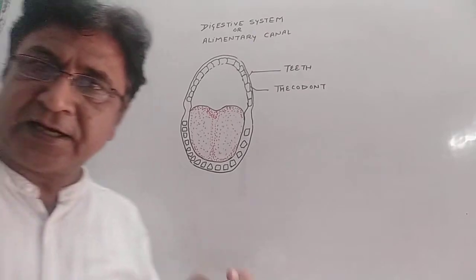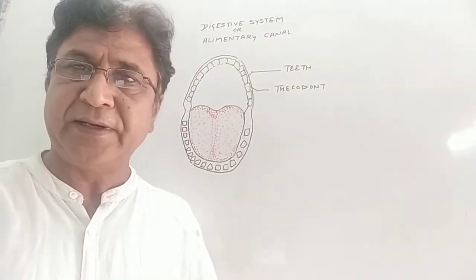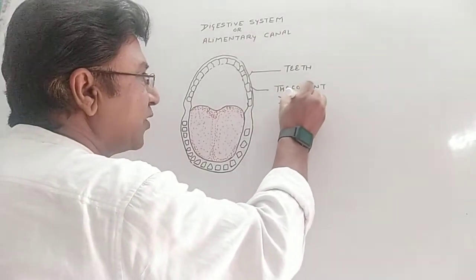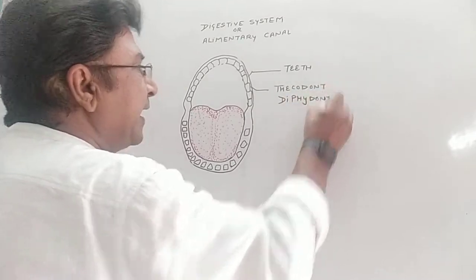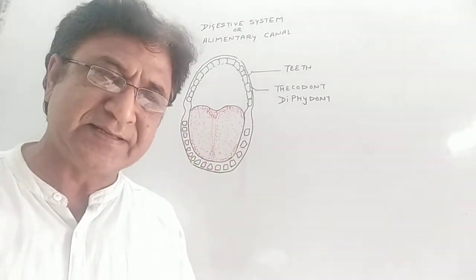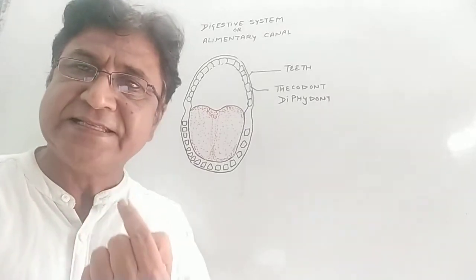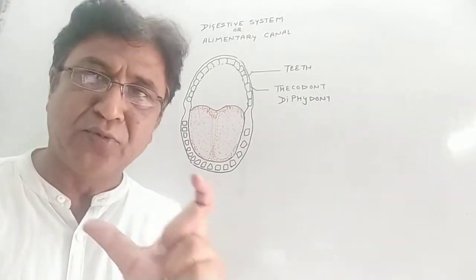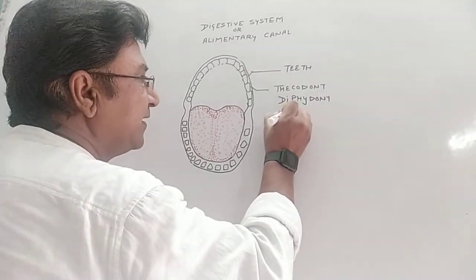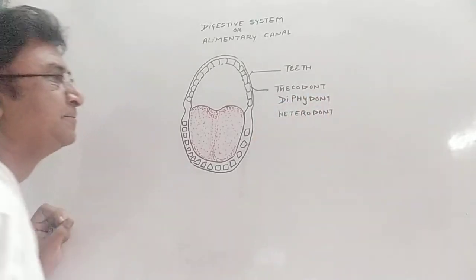Right? And there are two sets of teeth which come. First is the milk set, and then the permanent set. That arrangement is called diphyodont. And there are different kinds of teeth. There are 4 kinds of teeth. You remember, these are first the front ones, the incisors, then canines, premolars and molars. Because of the arrangement of 4 different types of teeth, it is called heterodont. These are different terms given for different arrangements.